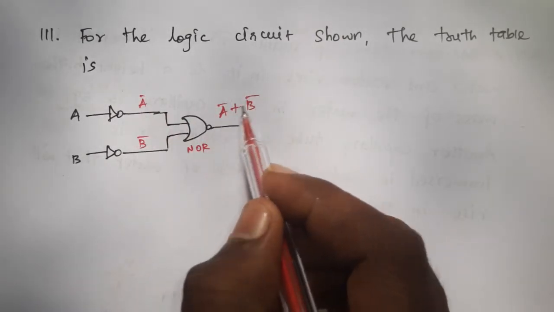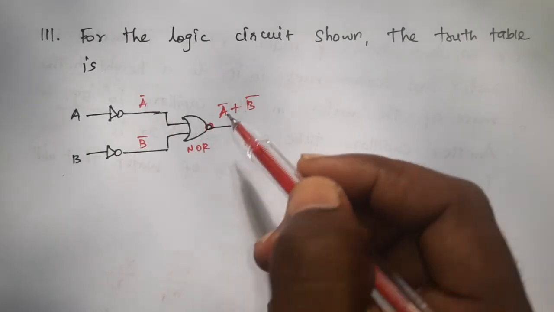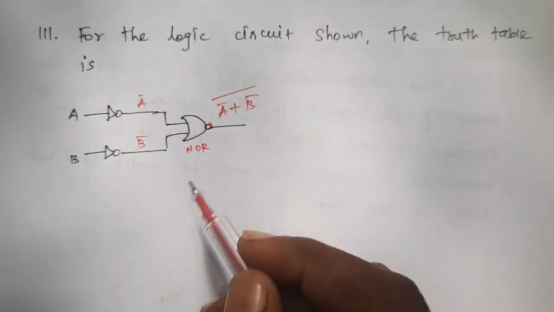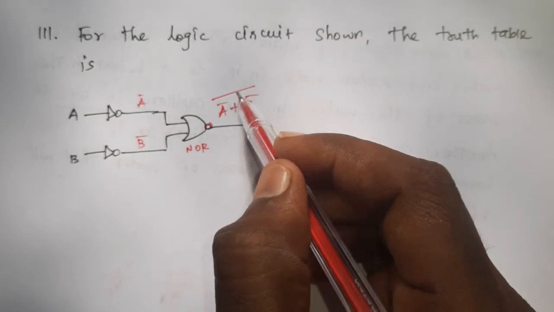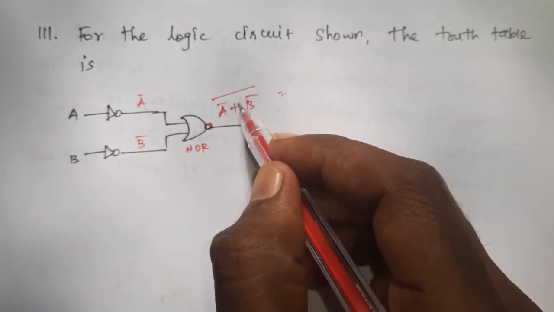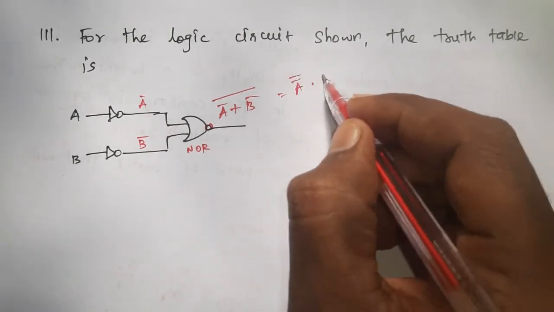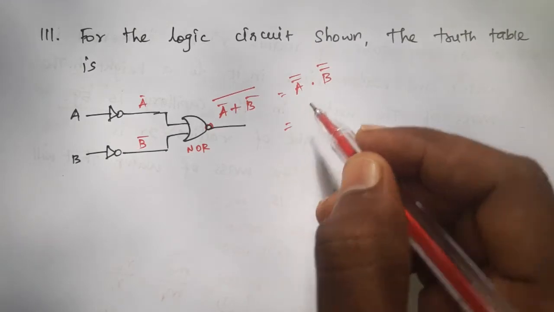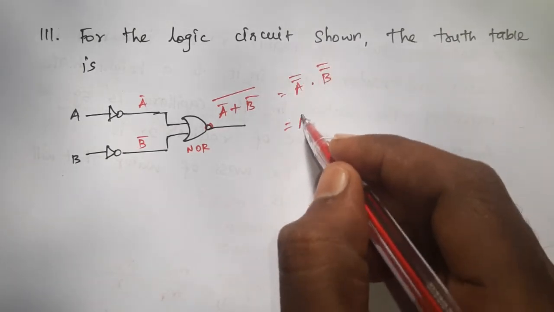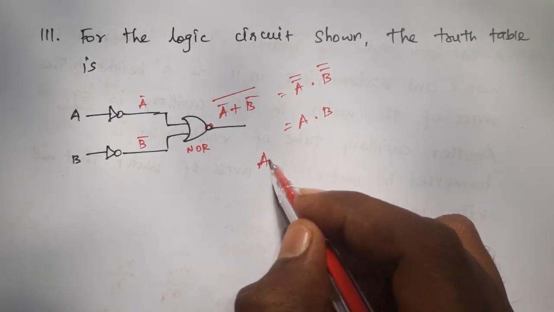Two inputs, so the sum of the inputs is an OR gate, but here a bubble is there. So this is a NOR gate. NOR gate means overall bar will come. If you remove this bar, this addition and this OR symbol becomes AND symbol. AND means dot. So A double bar, then B double bar. This A double bar means A, B double bar means B. So this represents an AND gate.